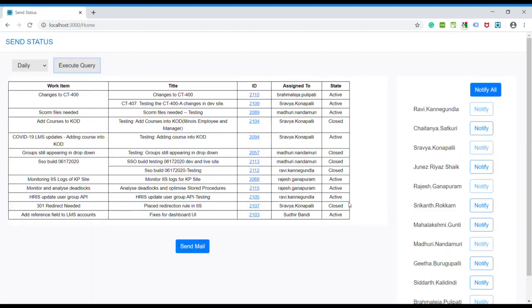Here is the preview of the email, and we have multiple options for notify. Whoever has filled the status will have the notify button disabled, and for whoever did not fill the status we can send a reminder email. We will see this here.